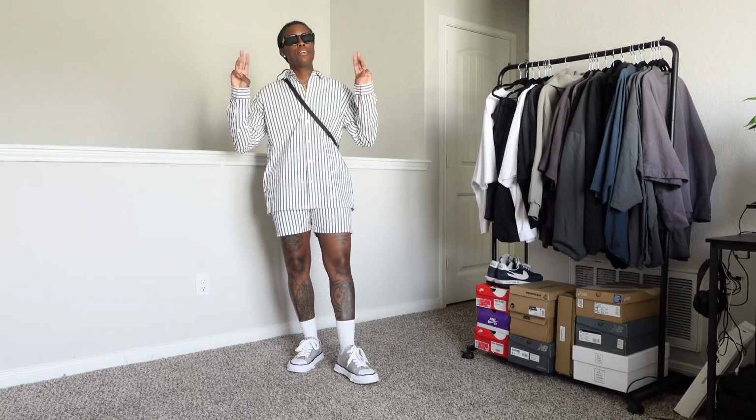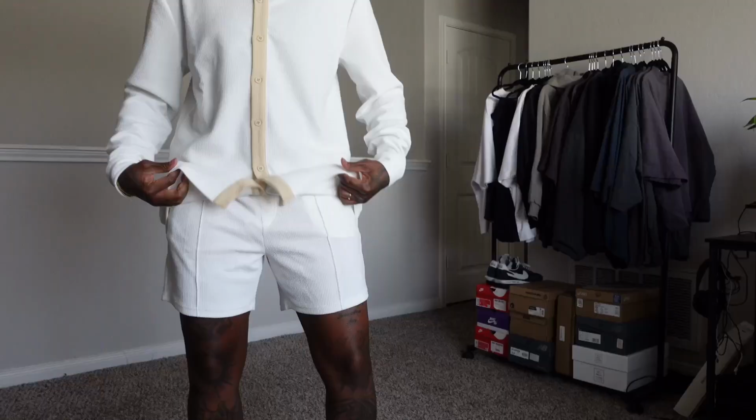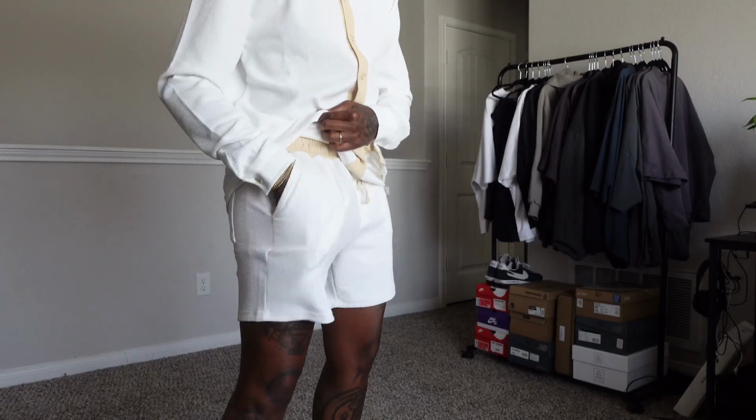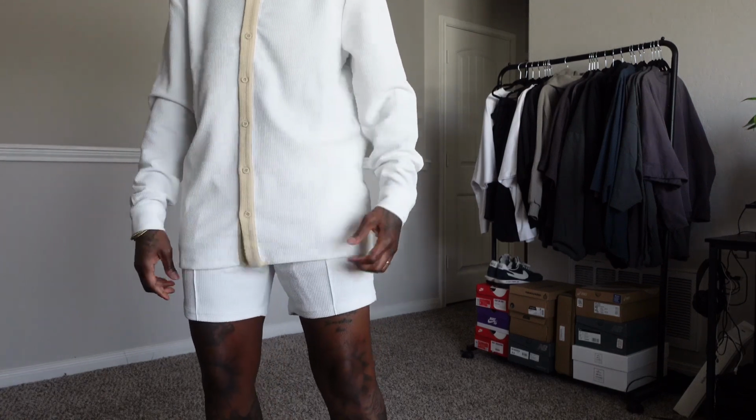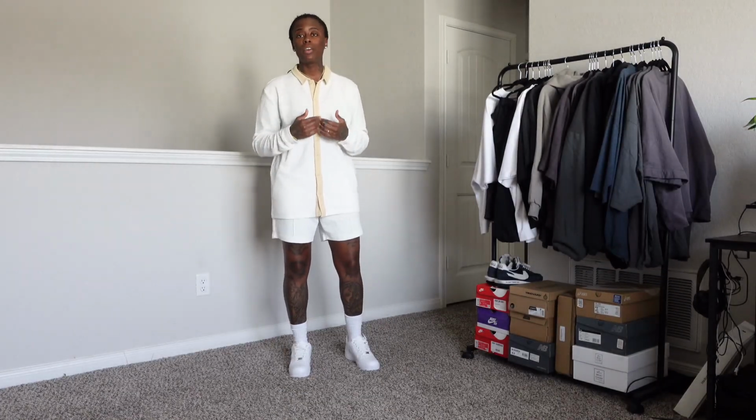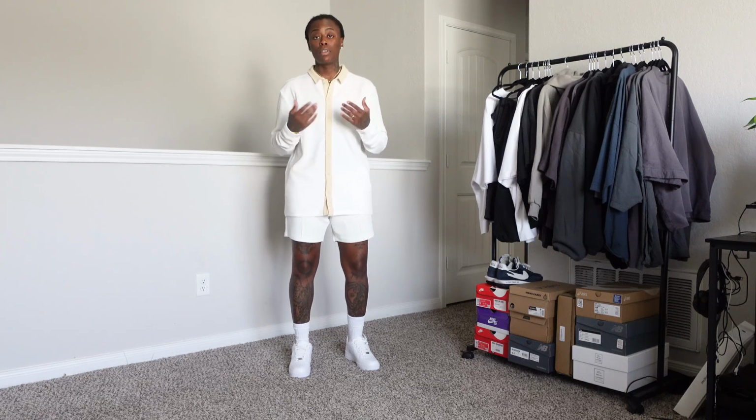And we're gonna get off into outfit number 3. The shorts actually fit, which is very astonishing. I am surprised. These shorts fit really well, y'all. So I don't know if you guys can tell, but I'm mainly going for a certain type of colorway, which is mainly soft colors. I feel like when you're going on vacation, you should pick soft colors. I already wear a lot of black, so it's only right that I switch it up for this special occasion,